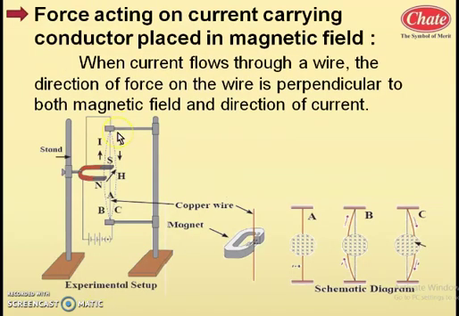See the next heading. As we understood, around the current carrying conductor there is existence of magnetic field. Now we know that between like poles there is repulsion, and between the south and north pole of a magnet there is attraction. So whenever a current carrying conductor produces a magnetic field around it, and if such a conductor is brought nearer to an external magnetic field, then what happens? It experiences either an attractive force or a repulsive force.